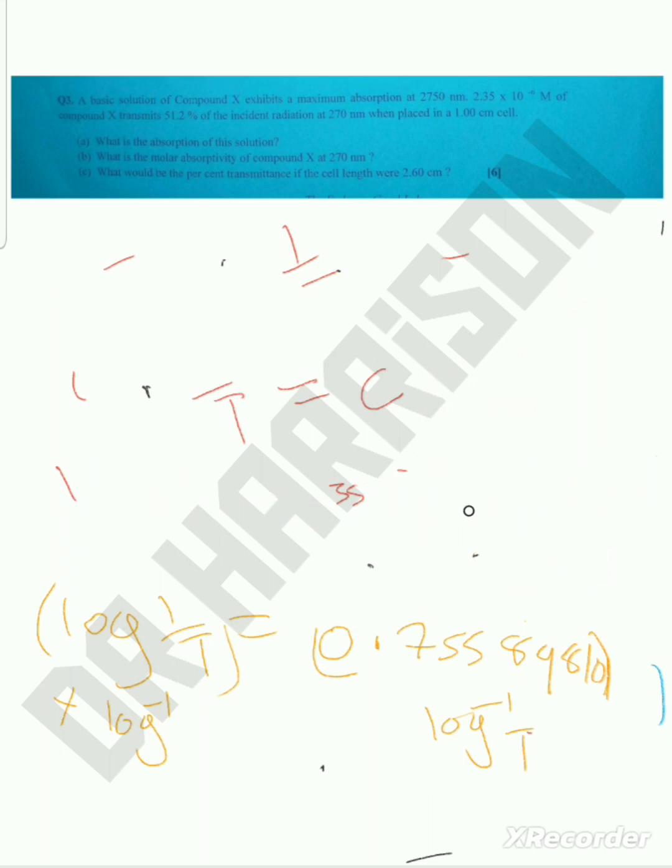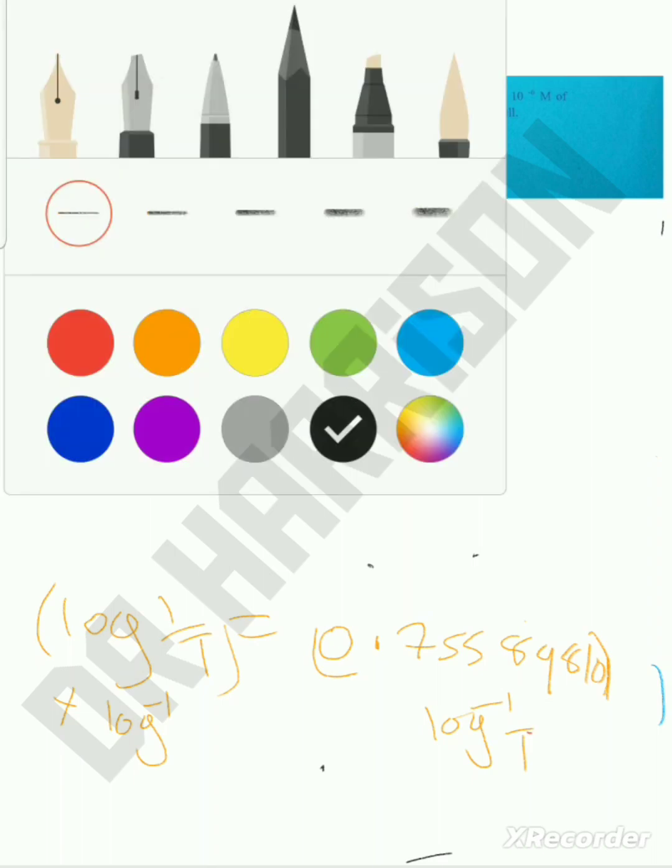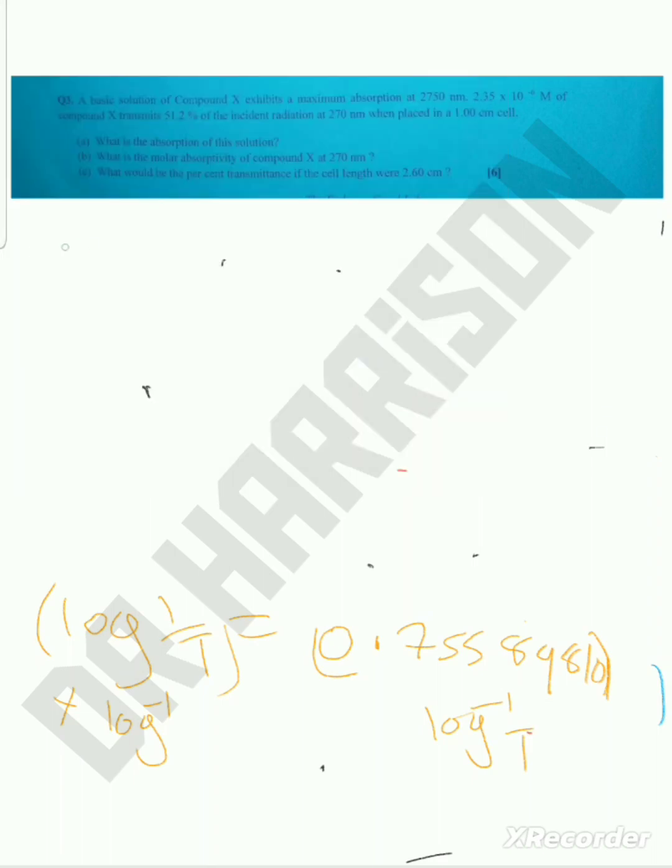Those who are good in mathematics can even use base 10, but we still get the same values. So when we multiply log with a log inverse, we are just going to have